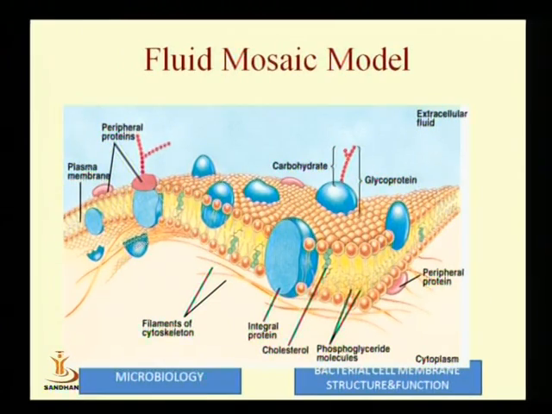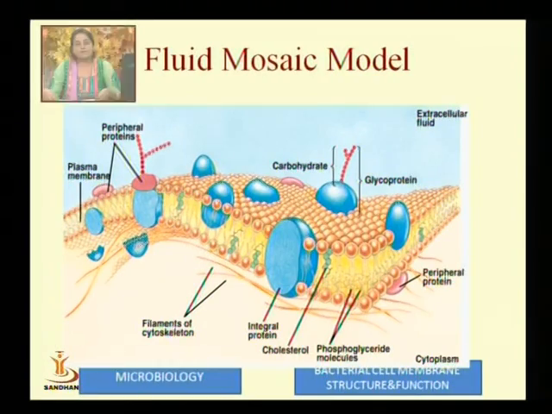The cell membrane is a mosaic in fluid because most of the interactions between the components present in the cell membrane are non-covalent interactions. So, for example, protein and lipid are floating in the plane of the membrane. We can say that protein is floating or bobbing in the phospholipid sea. So, it's known as the fluid mosaic model.